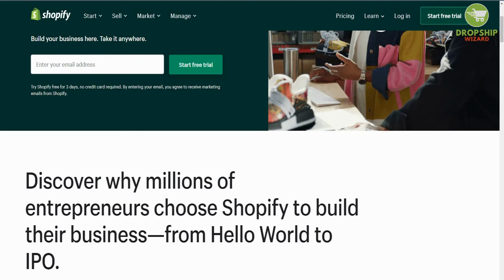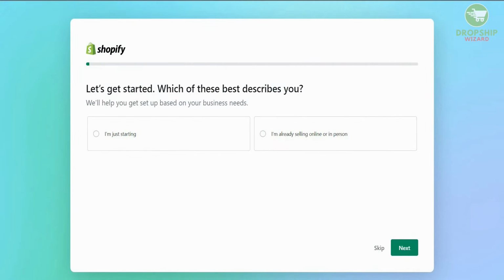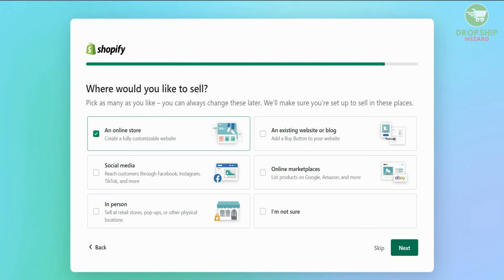You have to click start free trial. And once you click on it, it's going to take you to the next page. On this page, it is very simple, guys. You got to check out what best describes you. Are you just starting out, or you're already selling online or in person? So we're going to say we're just starting out right now because we want to get the full benefit of